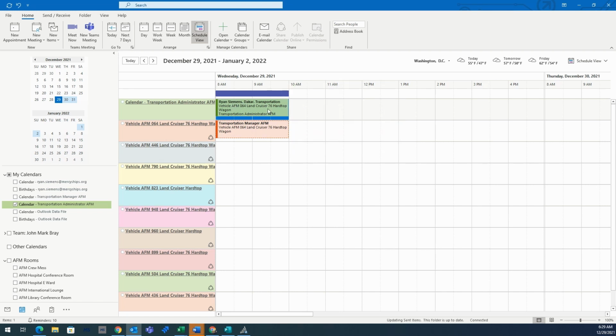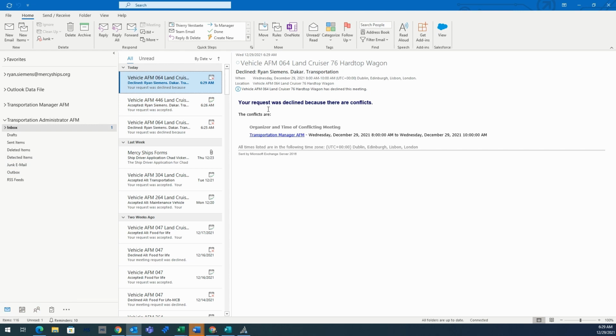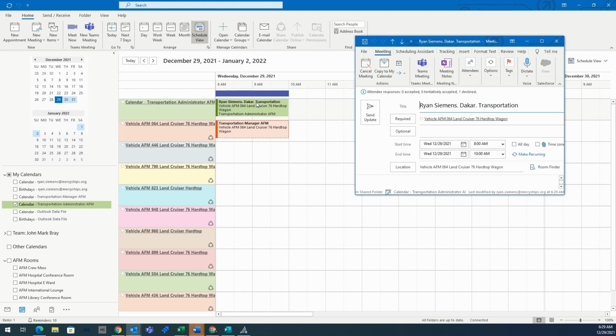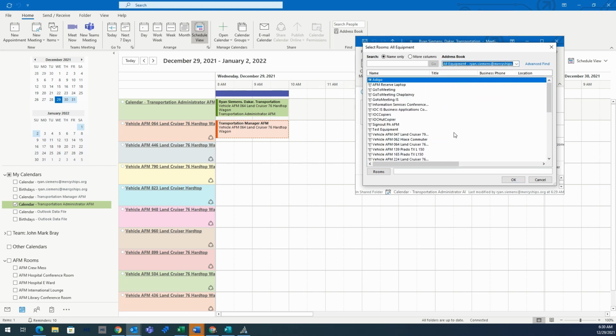So you can see it in your calendar, and just because it's in your calendar doesn't mean that it's booked in the vehicle calendar. So I can go to my email, and it tells me that that time span has actually been declined. So I'm going to need to go back here and go to my appointment, and I either need to delete this appointment so I don't get confused that I have a vehicle booked, or I can simply just go to the location. I can delete vehicle 064, go to the drop down menu and get all equipment,